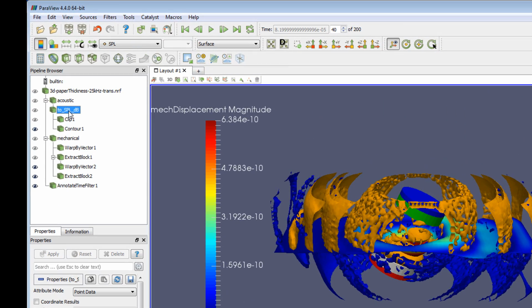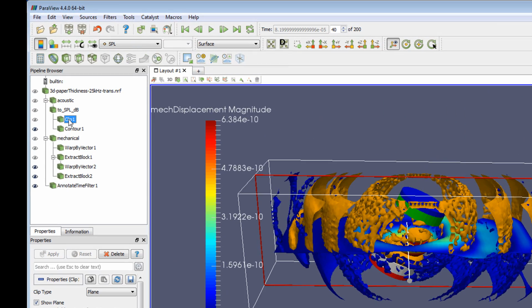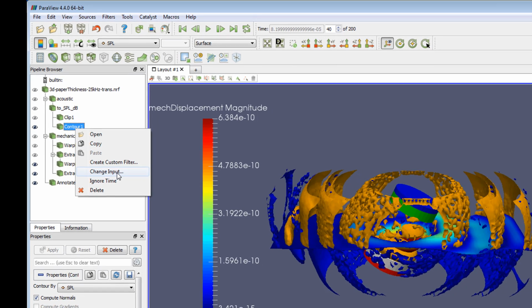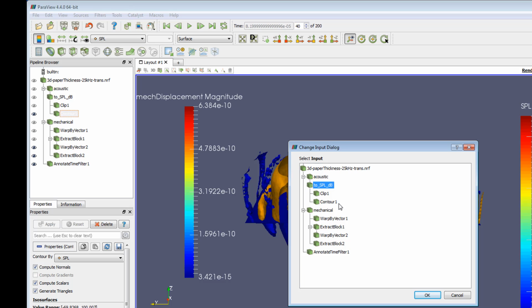We could also apply a clipping filter right here, and we did that already, but the contour filter is still living on that dB. So if we want to use the clipped dataset as source for our contour, for our isosurfaces, we right-click on that isosurface filter, the contour filter. We want to say that we want to change the input, and our new input will be the clipping filter. If we do that,